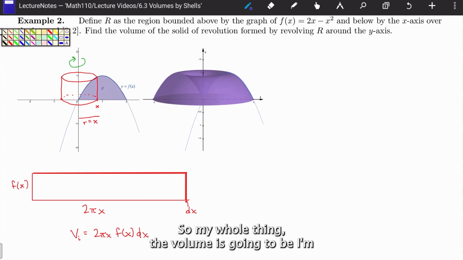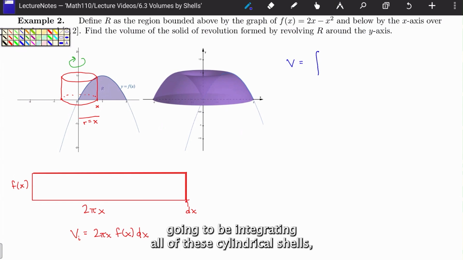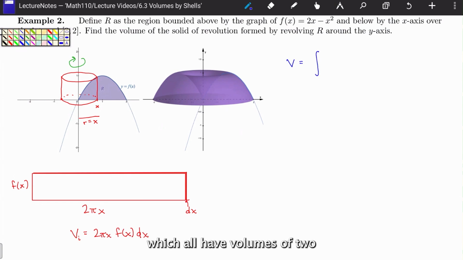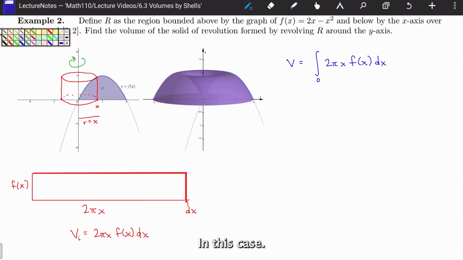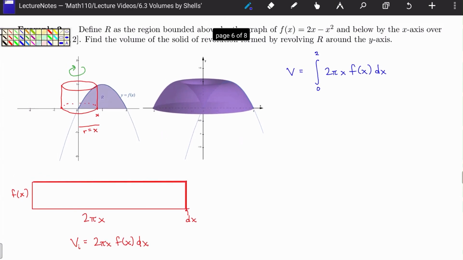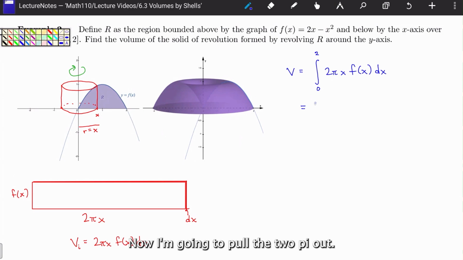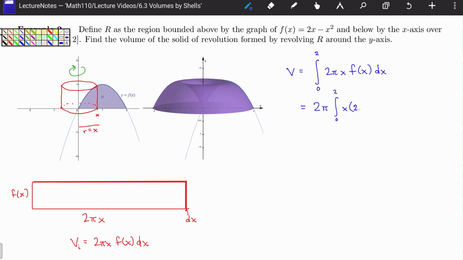the whole thing. So my whole thing, the volume is going to be, I'm going to be integrating all of these cylindrical shells, which all have volumes of 2 pi x times f of x dx. And my x values are going to range from 0 to 2 in this case. So this is now, I'm going to pull the 2 pi out, integrating from 0 to 2 of x times 2x minus x squared dx,